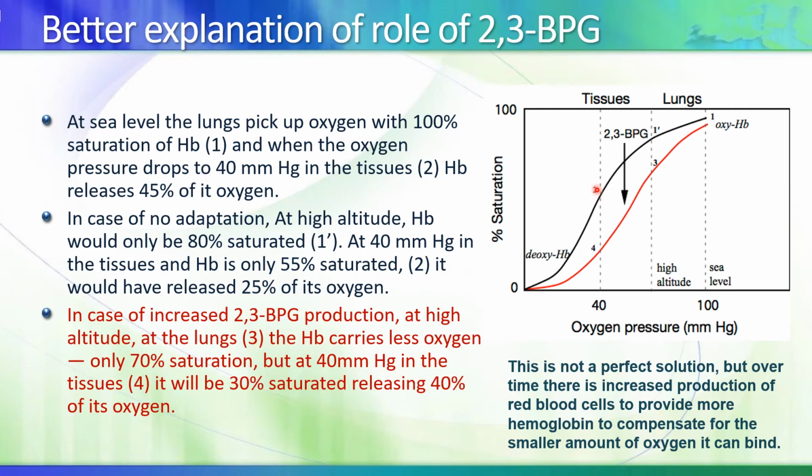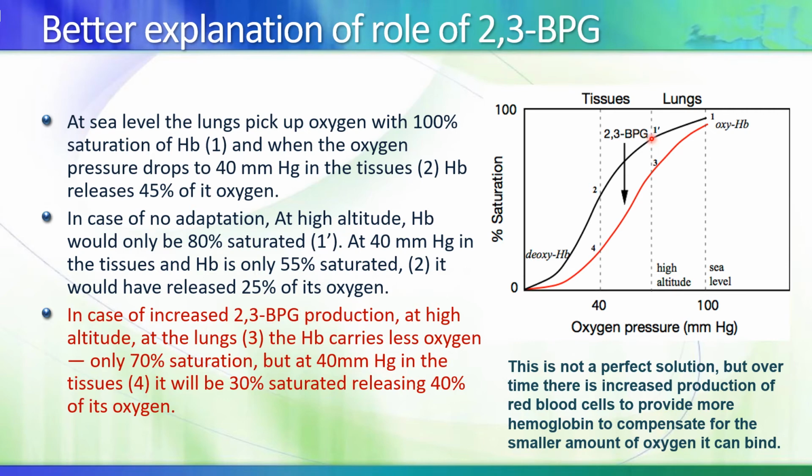So we have 45% of hemoglobin molecules releasing their oxygen. Okay, so that's 45% of oxygen. Now, in case there is no adaptation, no increased production of 2,3-bisphosphoglycerate, at high altitude, right here, we have about